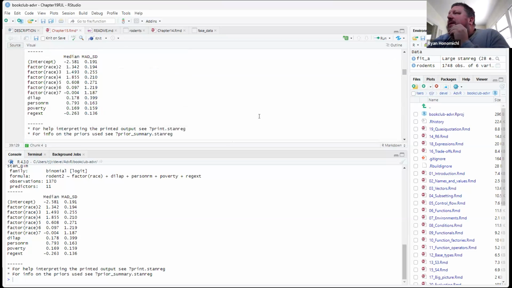So if we exponentiate the dilapidated coefficient, now I don't know if you can even interpret it as significant. Well, I shouldn't even use the word significant. But if we exponentiate that, we get 1.2 basically. So we're saying if it's dilapidated, there's like a 20% increase in the odds. But once again,